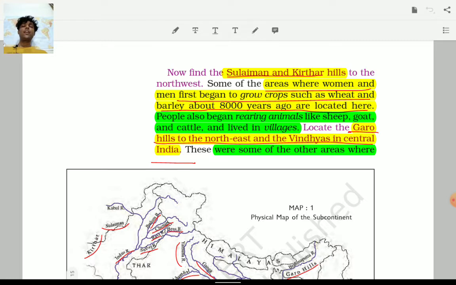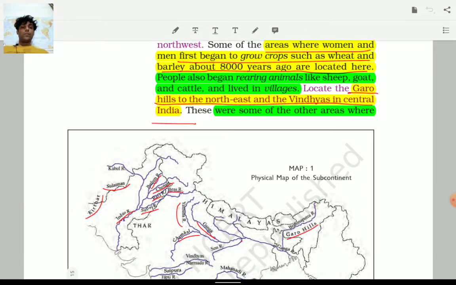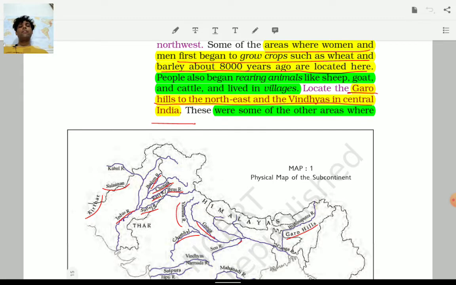Then it is asking us for the Garo hills to the northeast. So it is making us very clear where the Garo hills are located, in the northeast part. So we will look at those regions as well. Okay, and the Vindhyas in the central part. So let us look at the Garo hills and the Vindhya